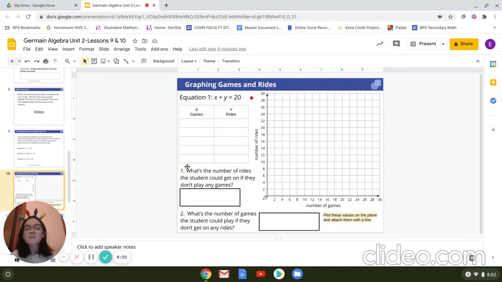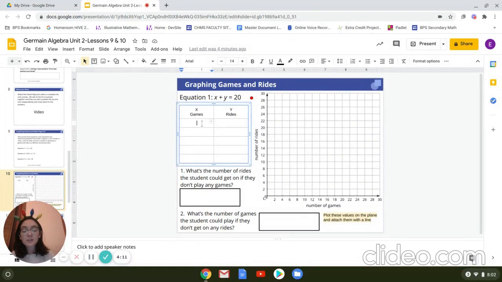If we look at this first question, it says, what's the number of rides a student could go on if they didn't play any games? So the games is going to be equal to 0 in that scenario. He didn't play any games, and he is going to spend the rest of his money on the rides. So if he spent $0 on games and he has a total of $20 that he can spend, that means that we have to,